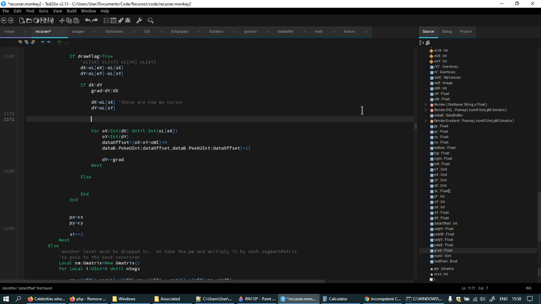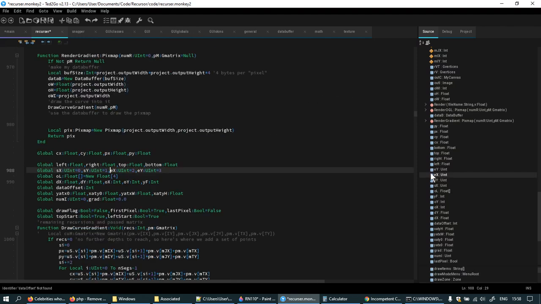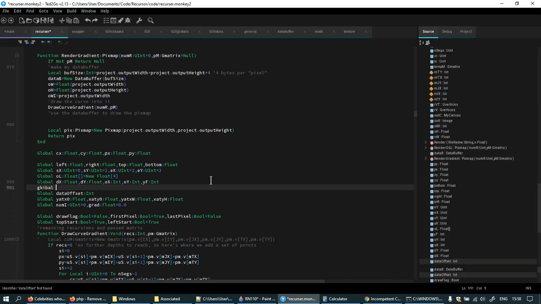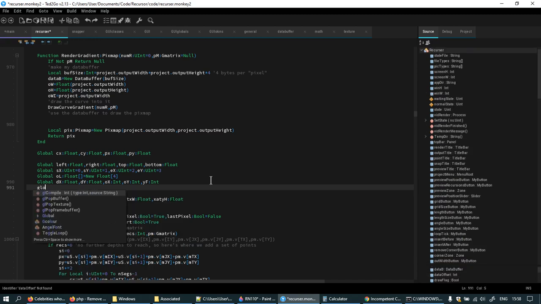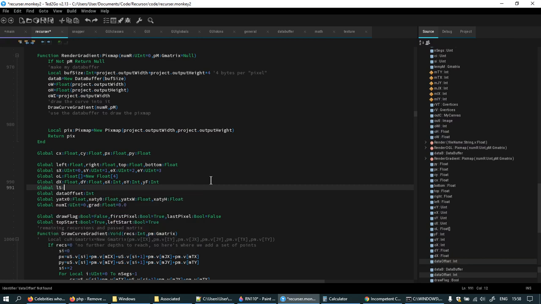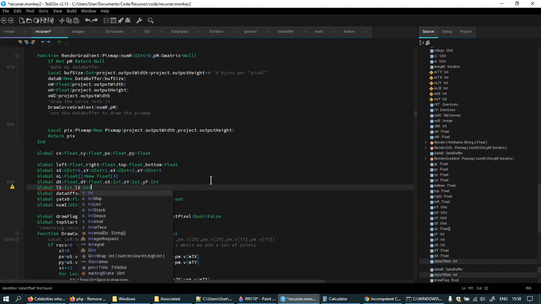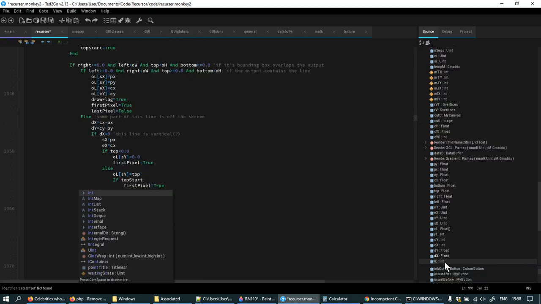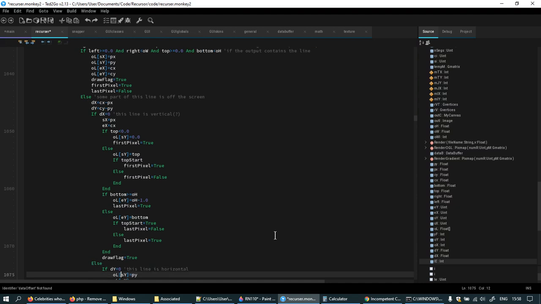Now, yeah, the other thing I was going to do is, on top of everything else, output x, output y integer, but also I want global line start integer and line end integer. These are variables that I'm going to use to determine whether or not I'm drawing the start or the end by coming down here